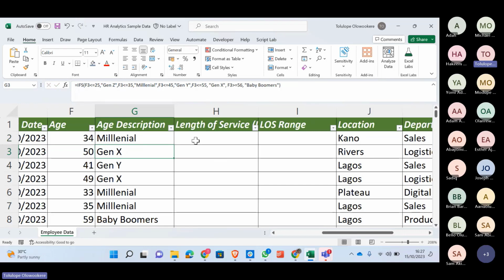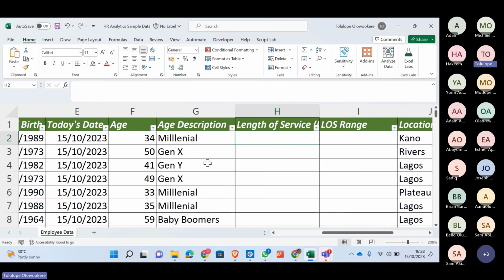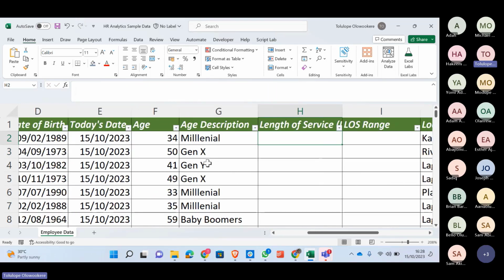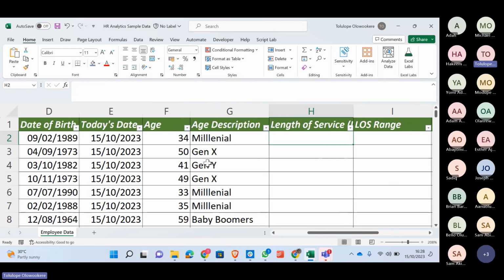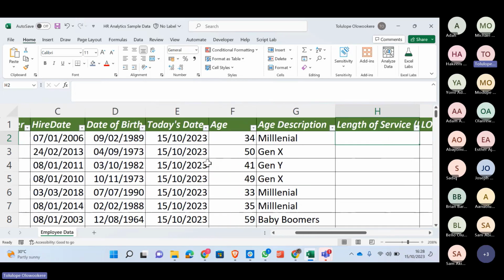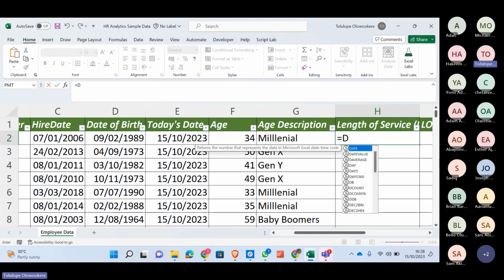So that works. The next thing I want to find out is the length of service. In this case, how many years have they been working for? Remember we have hire dates and we have today's date. We want to know how long they've been working, because these are employees, remember, the employee data we're working with. To get that, we can also use DATEDIF or the YEARFRAC. Since we've agreed on DATEDIF, we're going to find the difference between